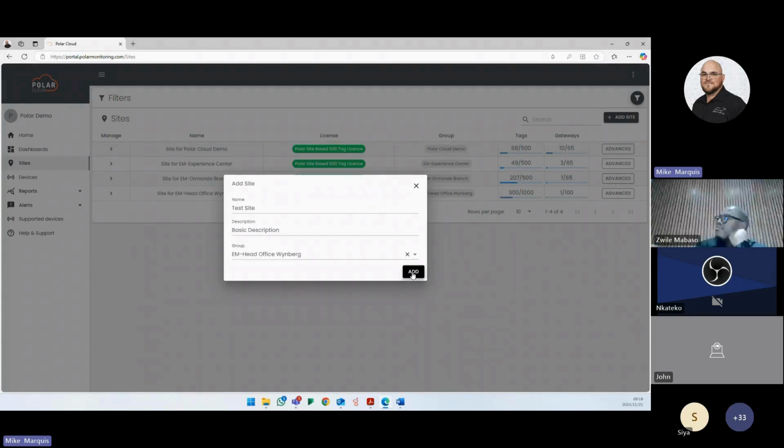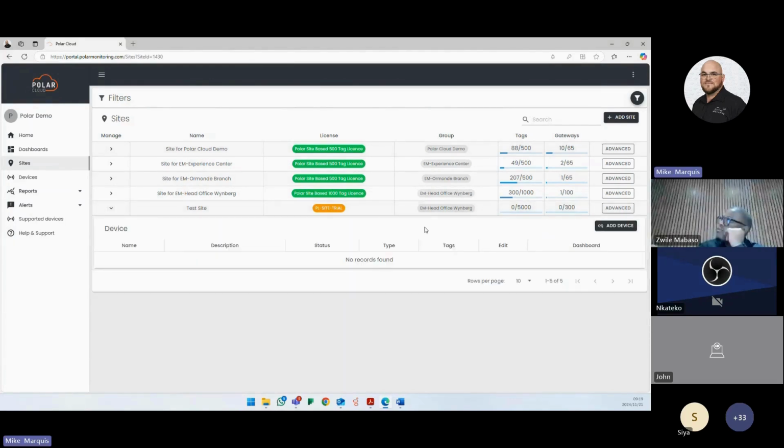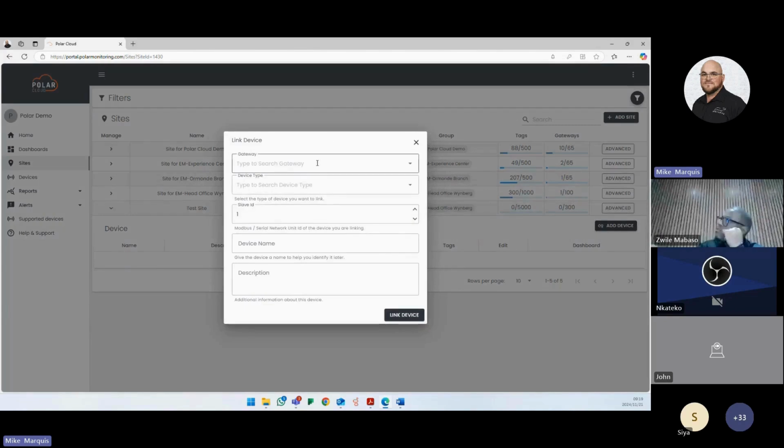Cool. So you'll see that's automatically added my site, and you'll notice that it starts with a site trial license. That license is valid for 7 days and allows you to add as many things to the site as you want to, after which it'll calculate your licensing. You'll see on these other sites they've got a 500 tag license. Under the site now, I can add my devices and my gateways. That's as simple as clicking add device. I'll then use my gateway and add the gateway serial number, add my